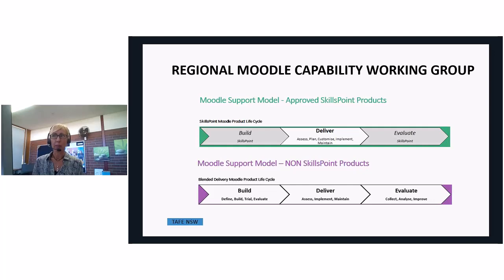Moodle. As part of that, we've identified that there is quite a difference in the support of skills points products compared to the old Moodle support. In this diagram, the green indicates the approved skills points products, and the purple is the non-skills points Moodle products. In the green, you'll notice there are 3 phases of the product life cycle, which is build, deliver, and